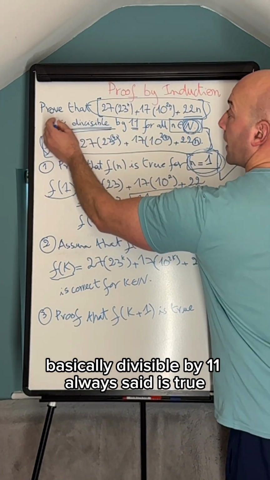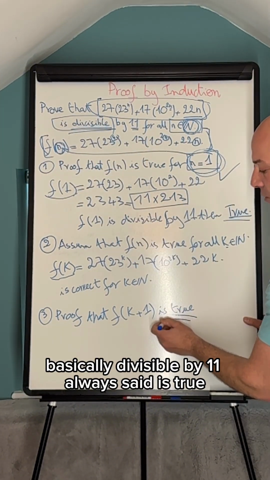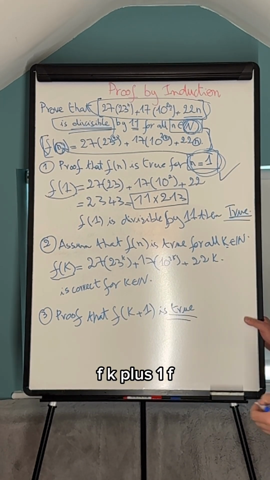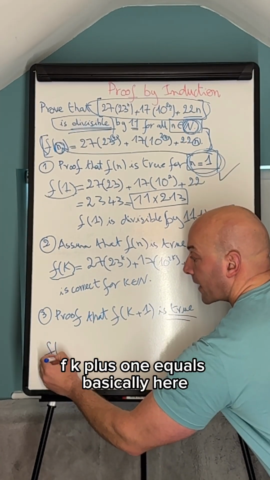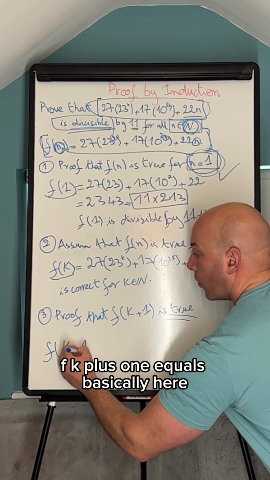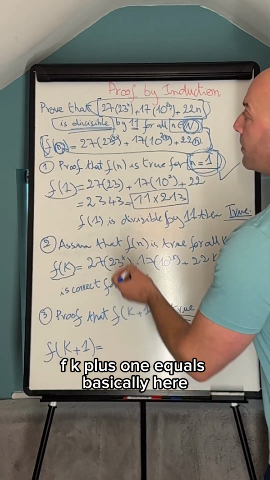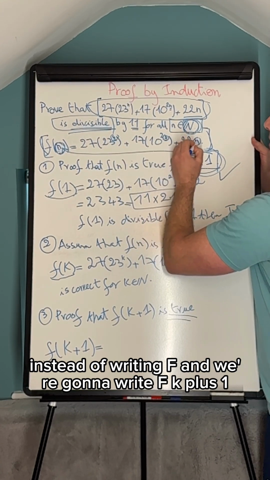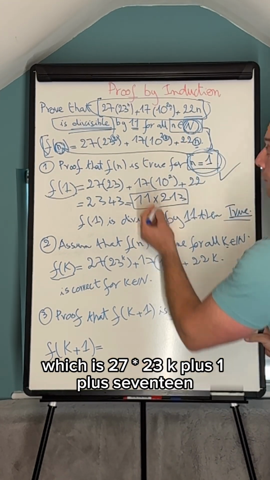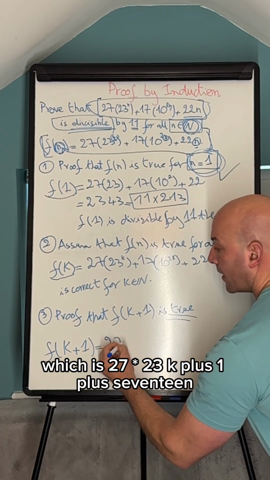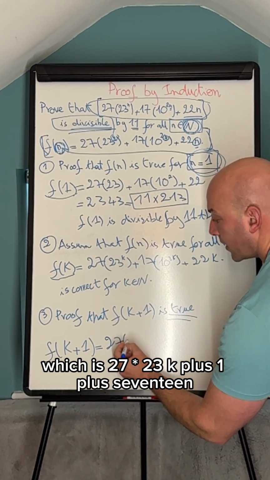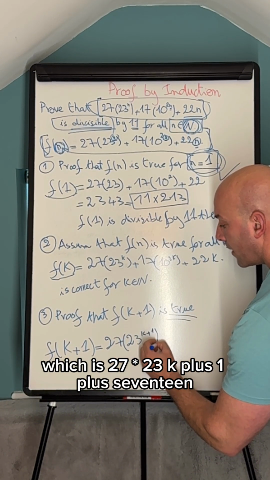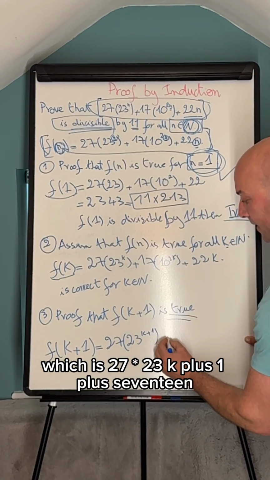Basically divisible by 11, all we said is true, which is completely fine. Now what is it? F(k+1). F(k+1) equals, basically here, instead of writing Fn, we're going to write F(k+1), which is 27 times 23^(k+1) plus 17